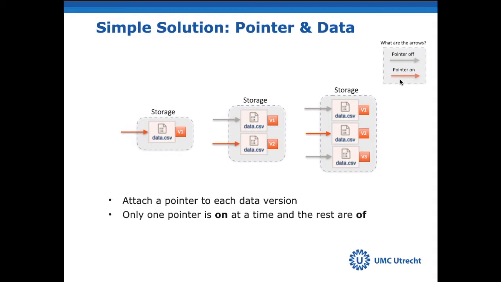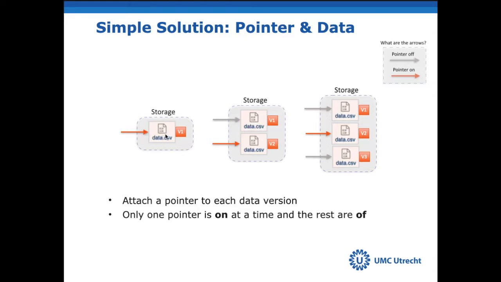The orange arrow means the pointer is on, and a gray arrow means the pointer is off. Wherever you have a version of your data, you use an arrow to point at it, and only one pointer or arrow can be on at the same time